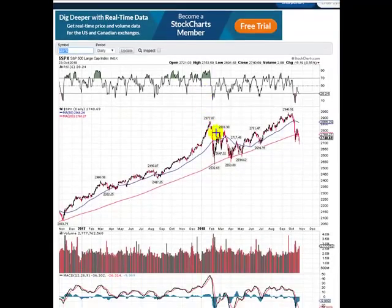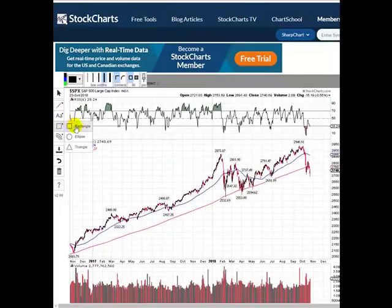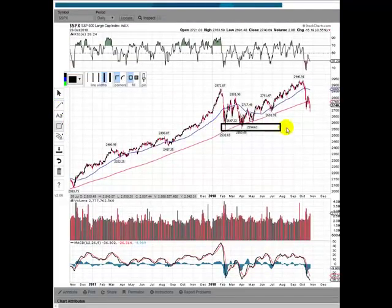And on the daily chart, you see this last sell-off that we had back in February, where the S&P 500 went from 2872 to 2532 in seemingly a blink. This whole area is an area of support that you would want to watch to see how the market deals with it. It is a region, so that's why I'm using a rectangle here, because you've got the absolute low there, but then you've got most of the support up here at the top. But if the market were to break through that region, call it 2530 to 2600-ish,